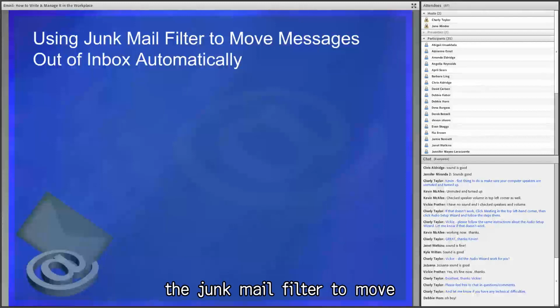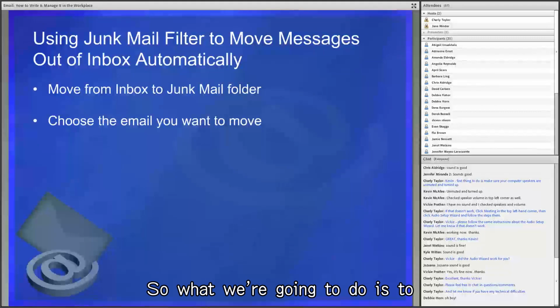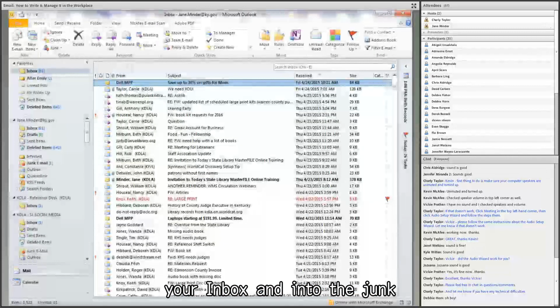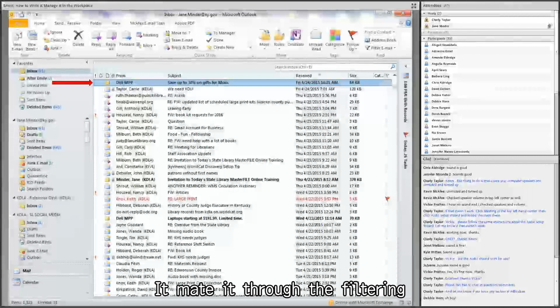Now I'm going to show you how to use the junk mail filter to move messages out of your inbox automatically. So the first thing you're going to do is, when you get a piece of junk mail, don't worry about opening it. You just want to move it out of your inbox and into the junk mail. So the way to do this, here's an email that I get quite often, actually once a day. I get something from Dell. It made it through the filters. I can't find a way to unsubscribe from it,